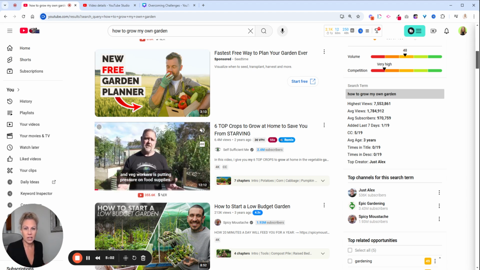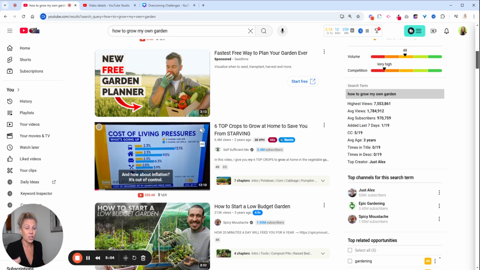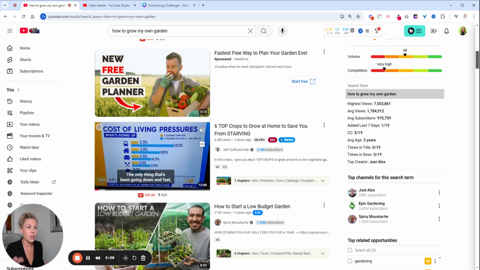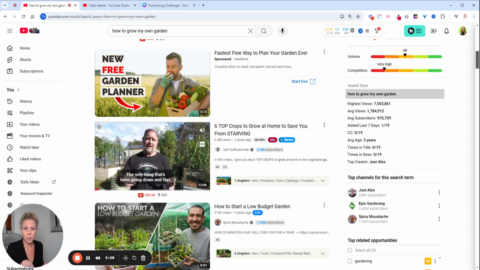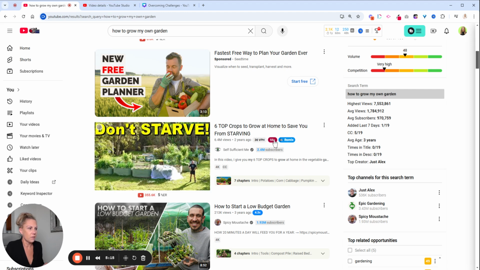If you have a particular keyword or 2 keywords that you want to include in the title, then make sure that you include that in your prompt on ChatGPT so that it gives you something that's going to perform really well. Now, if you're wondering what all these different indicators on the sides are,